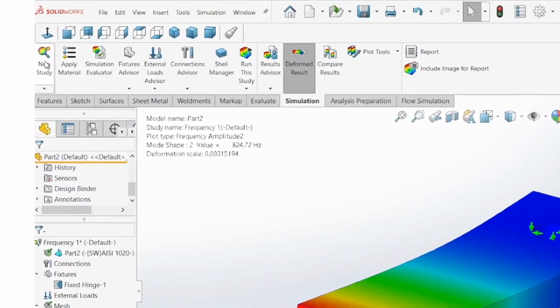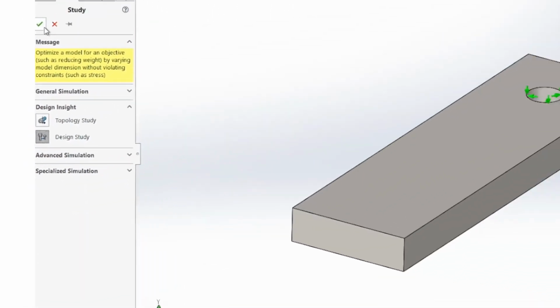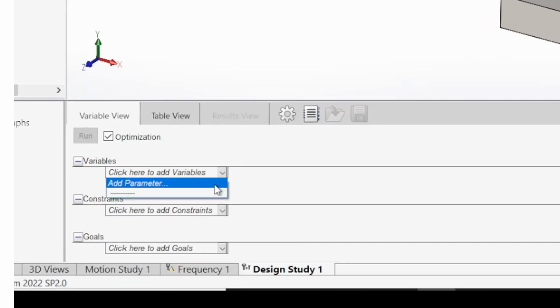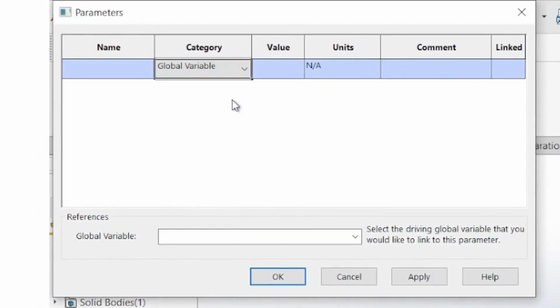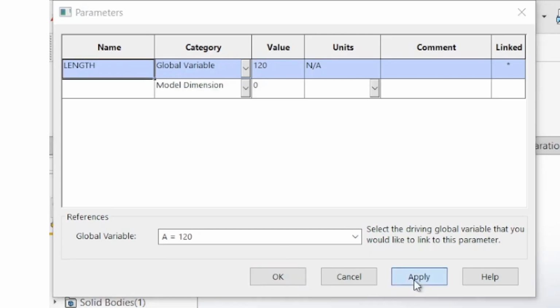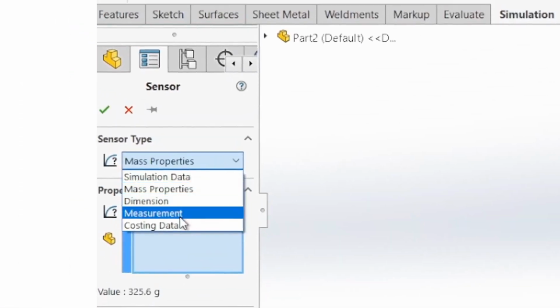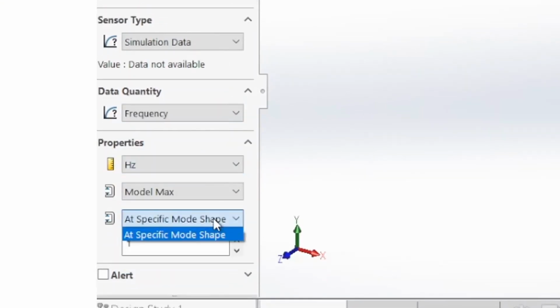Next, we're going to do a design study. That way we're going to use the variables that we have set in the beginning when modeling. So we have a global variable a equals 20mm that we're going to select, and we're going to name it length. Next, we're going to add our goals, simply simulation data, frequency, and we want it to be at the